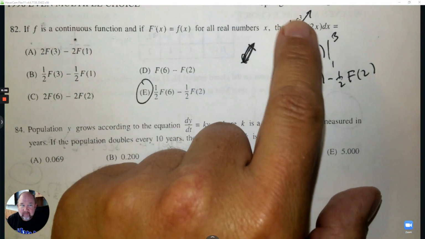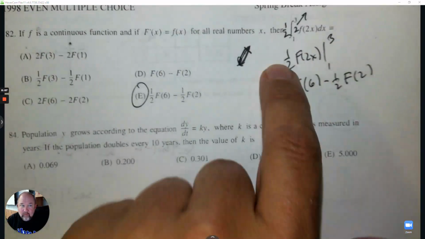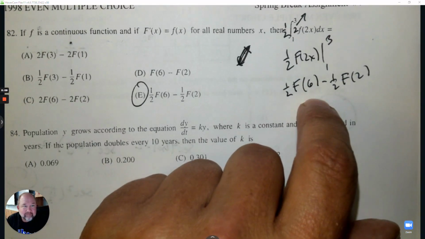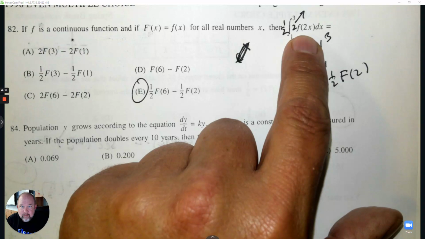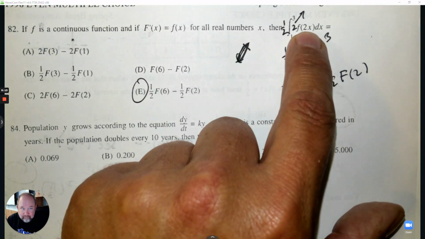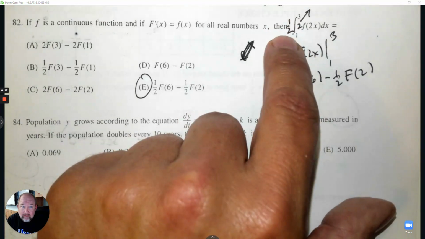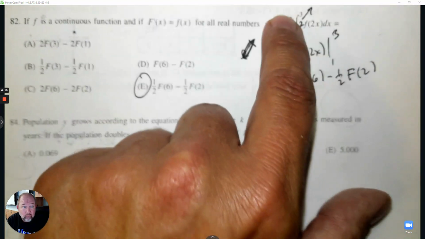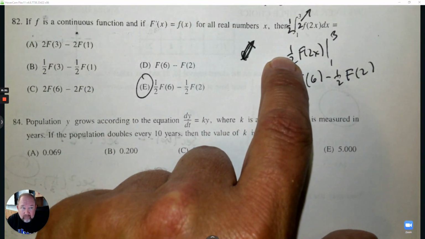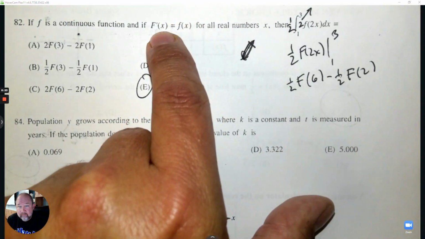So if I'm going to take, I'm not even worried about e to the x. If I'm going to take the integration of this, the hook, the derivative of 2x is 2. So to undo that hook, I need 1/2, and 2 is not part of the answer. So 1/2 is part of the answer. The antiderivative here,